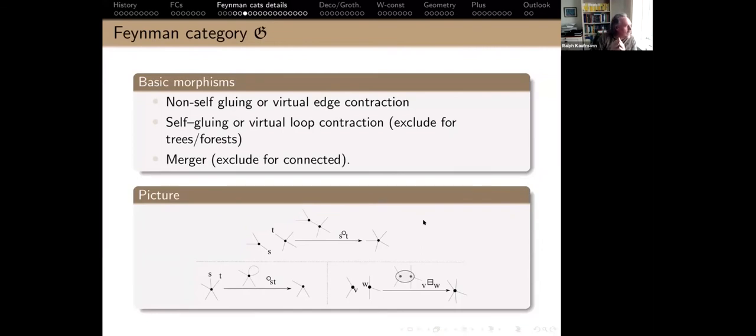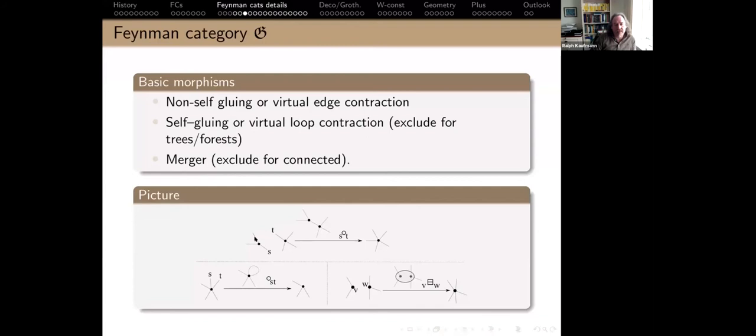There is extra data. So I make it sound simple now so that people who haven't seen it understand how I can go from graphs as objects to graphs as morphisms. But if you have your own favorite graph examples, you have to look at the details of this graph category to understand how it works. So there's some basic morphisms. As I said, the objects are aggregates. So they're just these corollas, these vertices, floating in space.